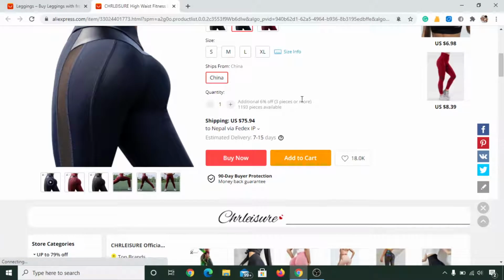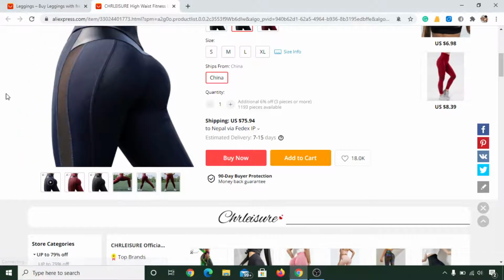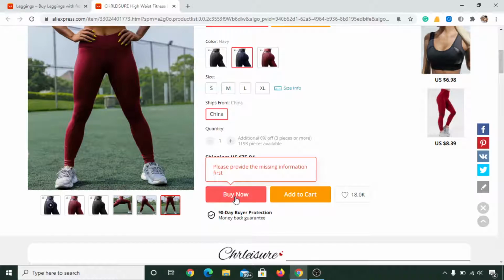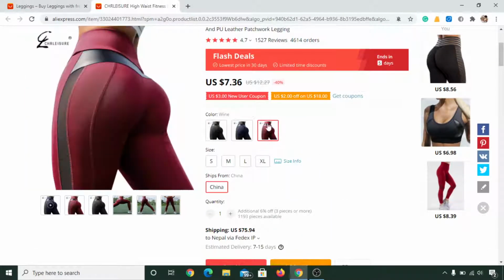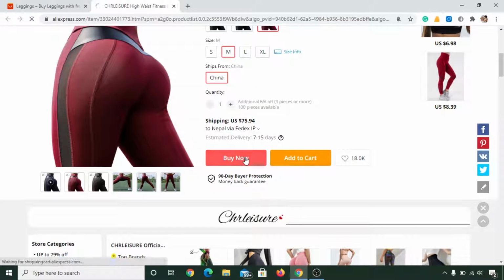Now once you do this much, then you can do two things. You can either add it to cart and go for another shopping, go to select another product, or you can simply click on buy now. Okay, if you add to cart, then there will be 4-5 items or 2-3 items that you will select, and then at last you can buy all in the checkout page. Or you may want to buy only this product, so you simply click on buy now,